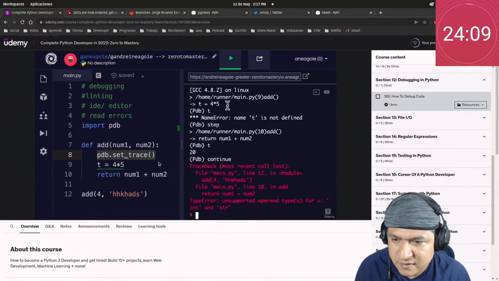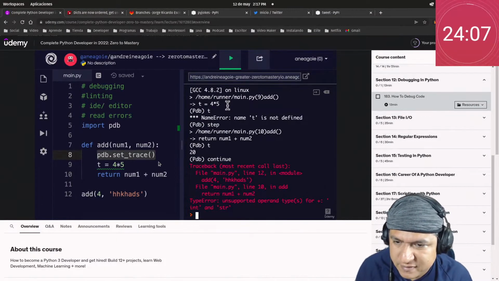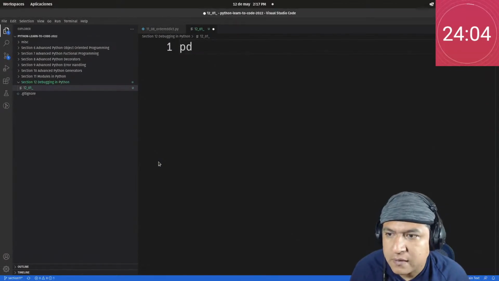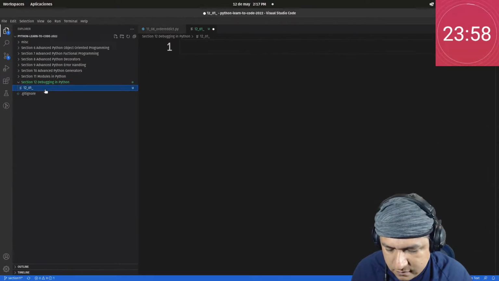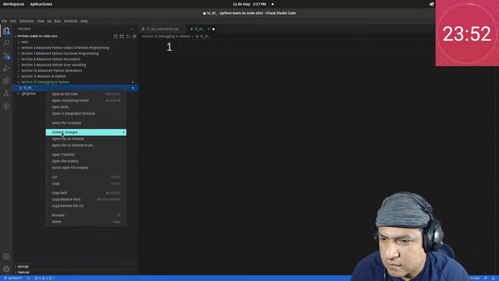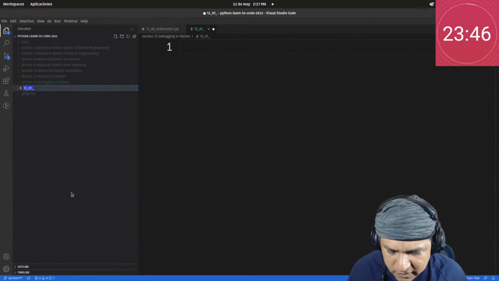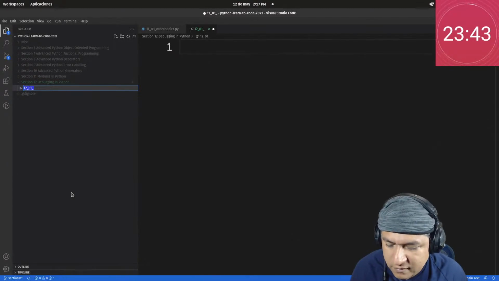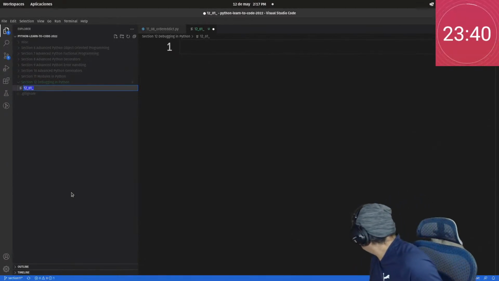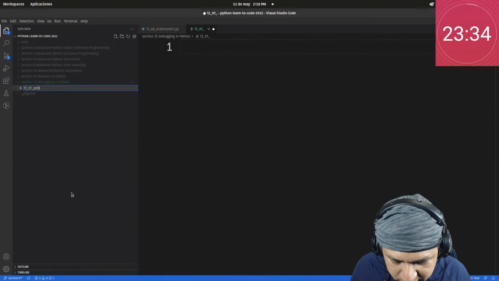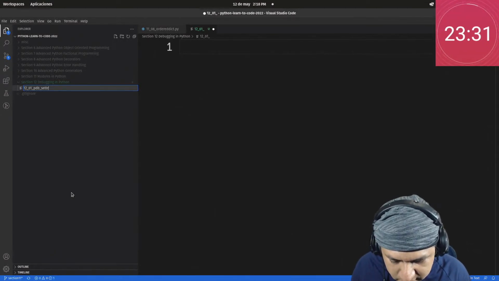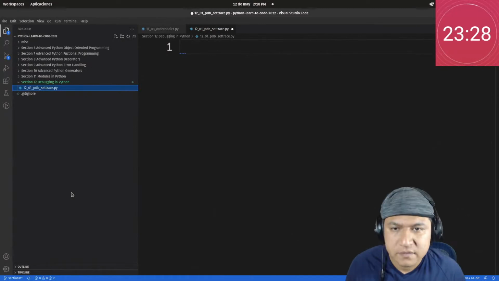What is the name of this thing? PDB set trace. Oh wait. Oh no, never mind. Python debugger. So in this case,